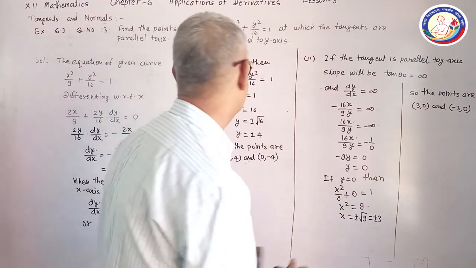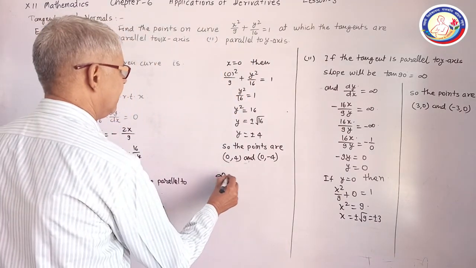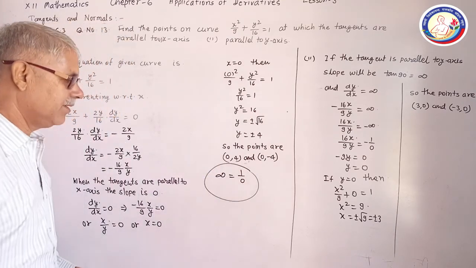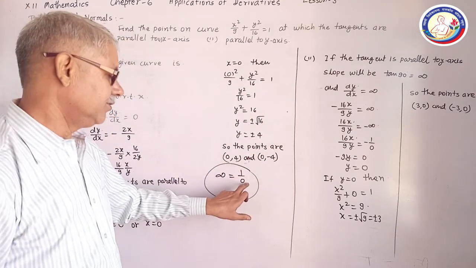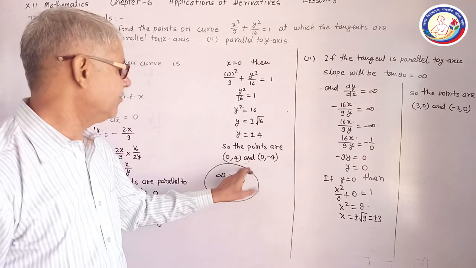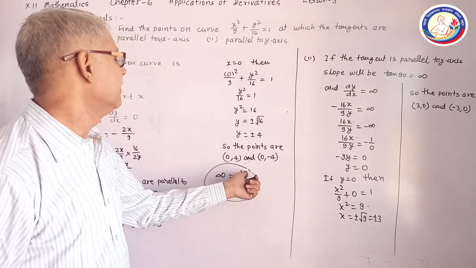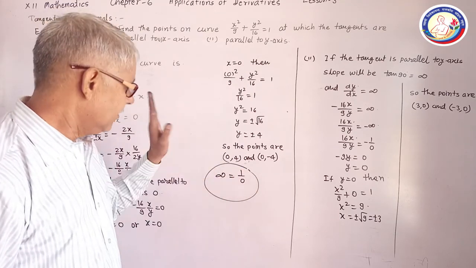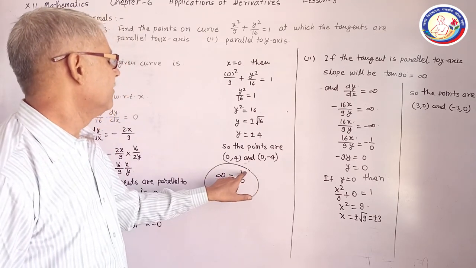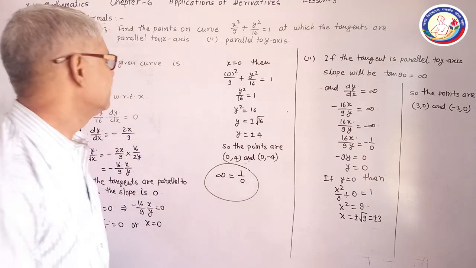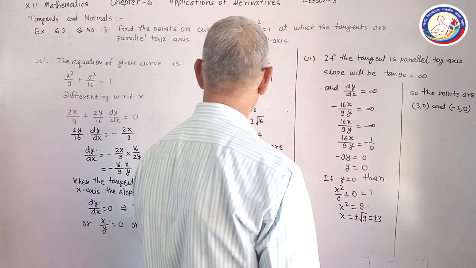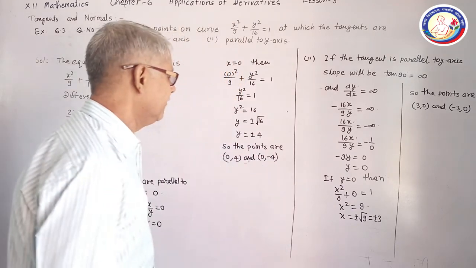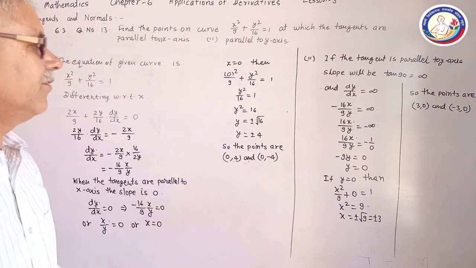Understand this? We can write infinite as 1 upon 0. This is a special thing you have to remember. Infinite means 1 upon 0, because it is not defined. 1 upon 0, or anything upon 0, say 13 upon 0, whatever may be the value, we can understand infinite in terms of 1 divided by 0, and this is not defined, or it is indeterminate form.